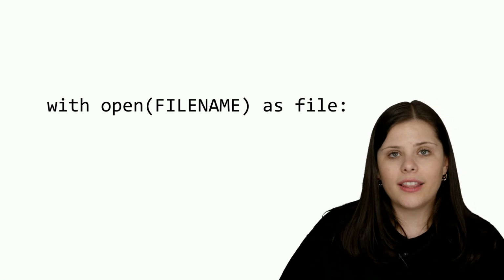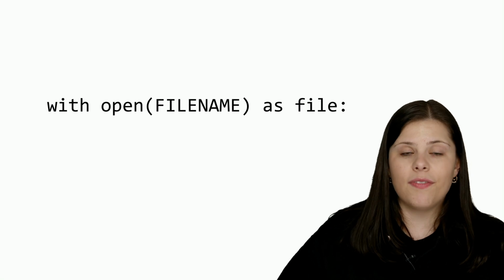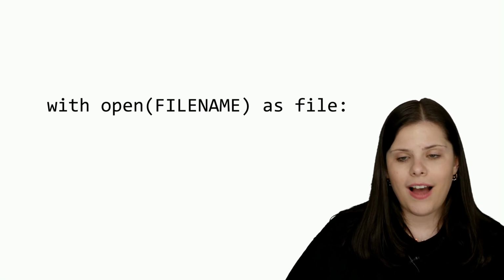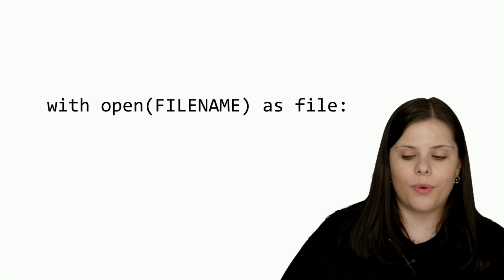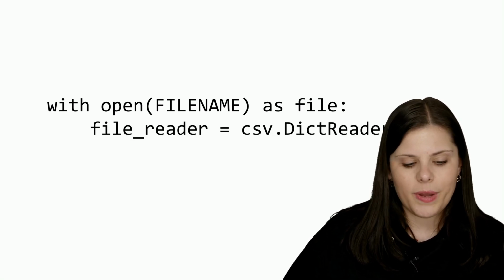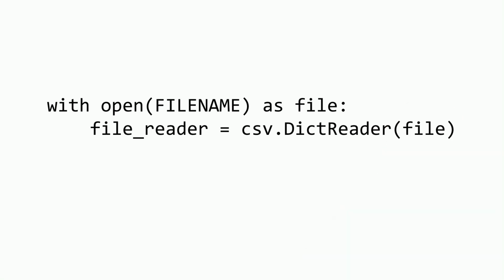Like the line that will allow us to open this file. So with open, the specific file name that you would like to open, as file. Again, file is a variable, you can use whatever you want. The next part is opening it specifically for CSVs, because that's what we're going to work with today. We're going to go into library CSV, and then from there, we're going to grab a specific function called dict